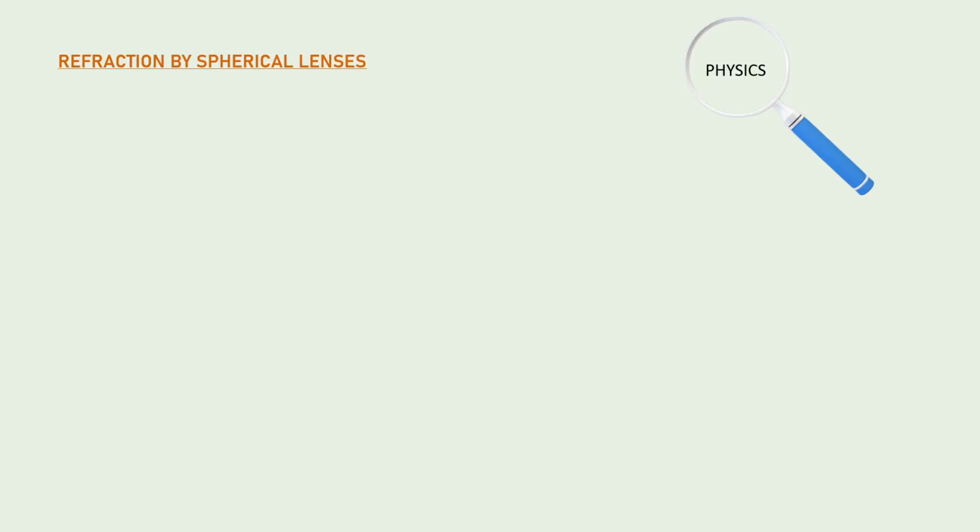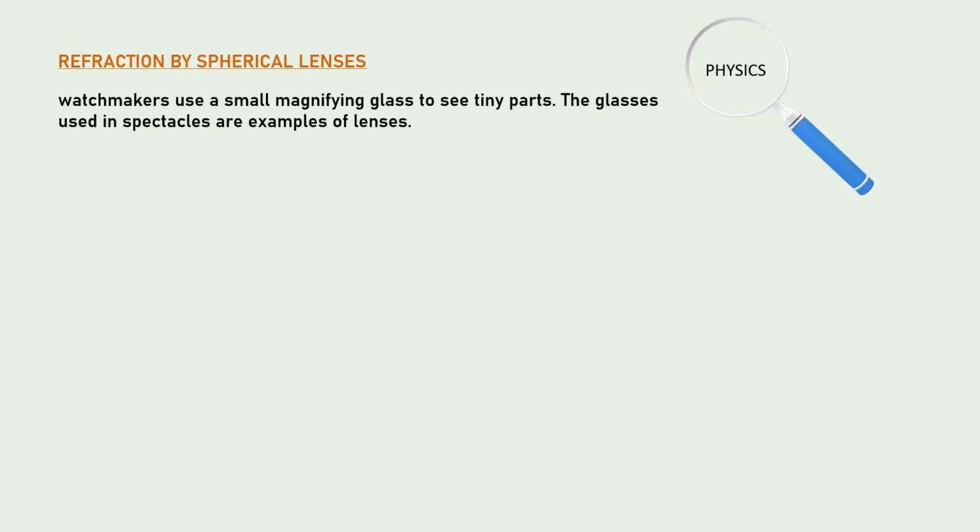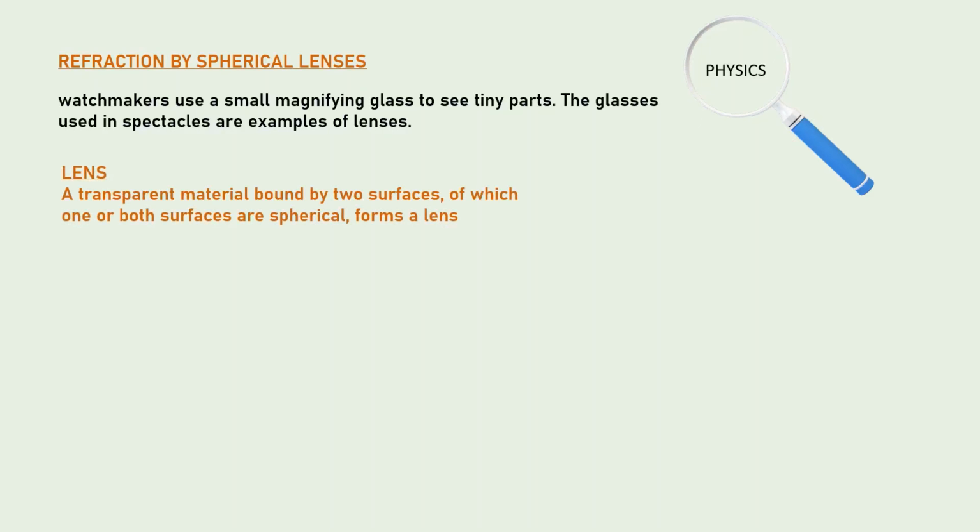Hello students, today's topic is refraction by spherical lenses. A watchmaker uses a small magnifying glass to see tiny parts. The glasses used in spectacles are examples of lenses. A lens is a transparent material bounded by two surfaces, of which one or both surfaces are spherical, form